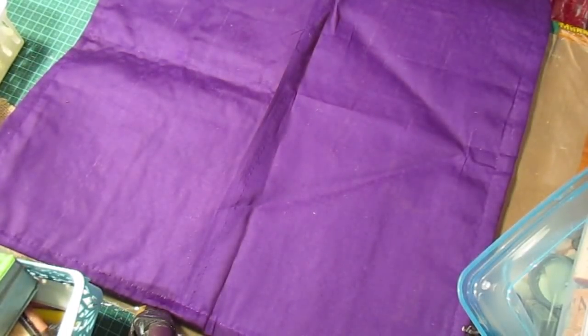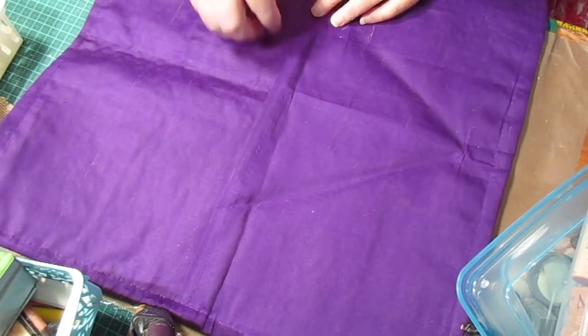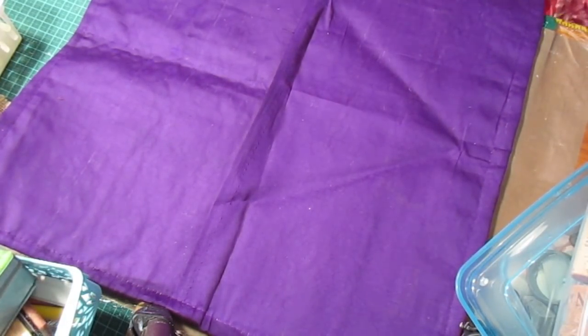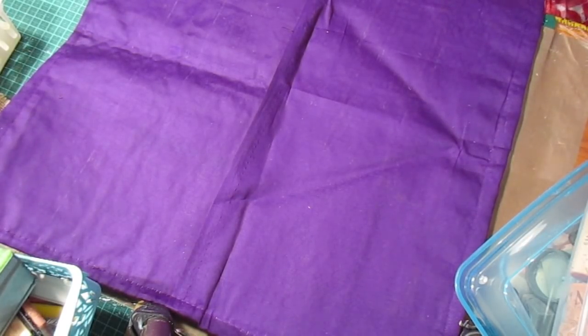Now I don't know if anybody's really interested in this, but I'm going to show you what I've got in my boxes, or some of the boxes that I've been collecting stuff in and sorting out so I can have it handy to use. Okay, now this one here,